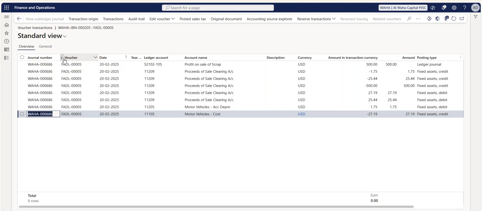Okay, you can see the proceeds of sale clearing account. Whatever the balance is there, it has been carried forward to that particular sale clearing account, and from there you can see it has been posted to the profit on sale of scrap account. Okay, so this is one way of booking the disposal of sale